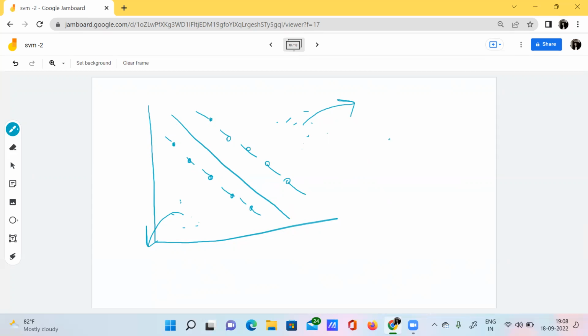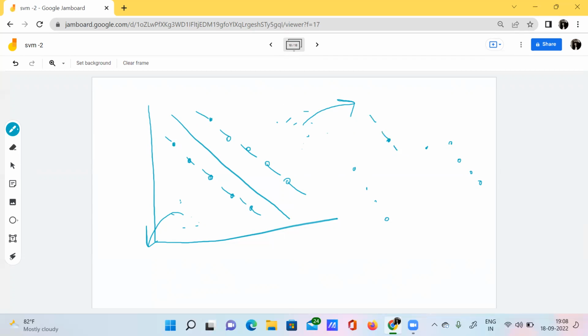For example, I have kept these entire 4 points as they are, but this particular first point I have just pushed forward.